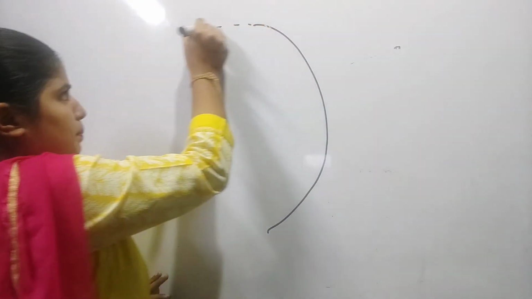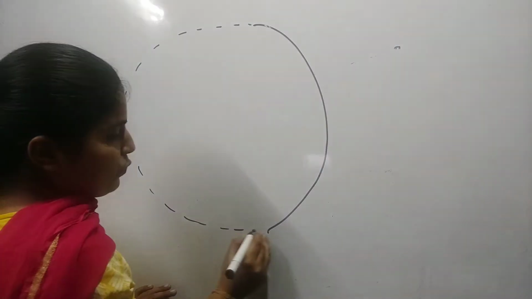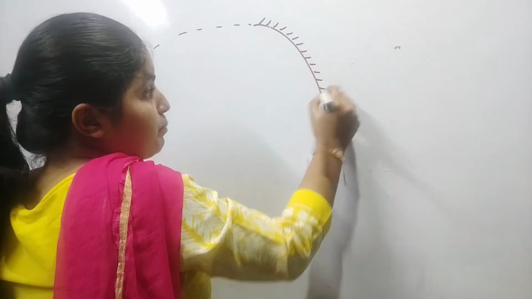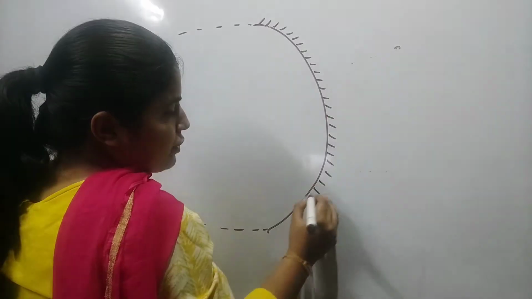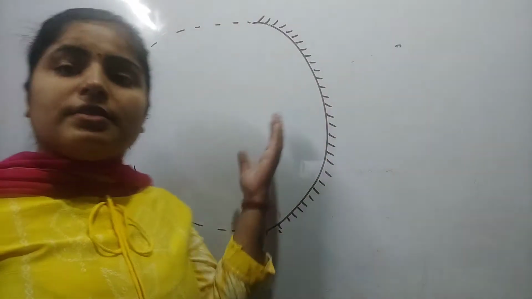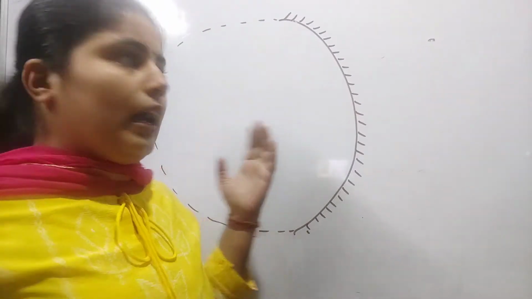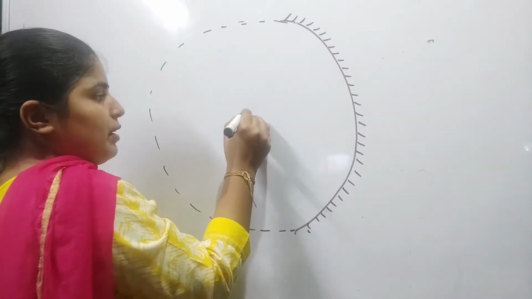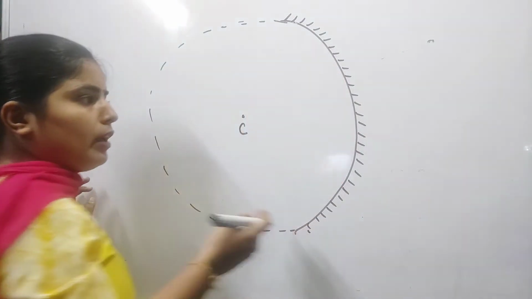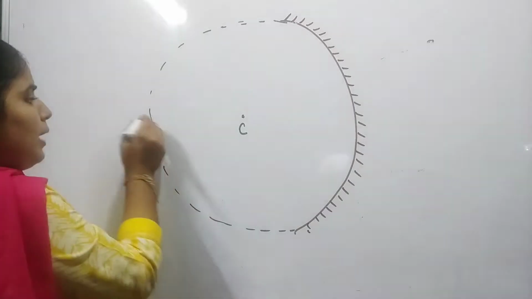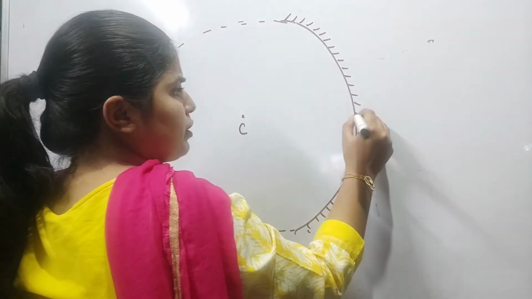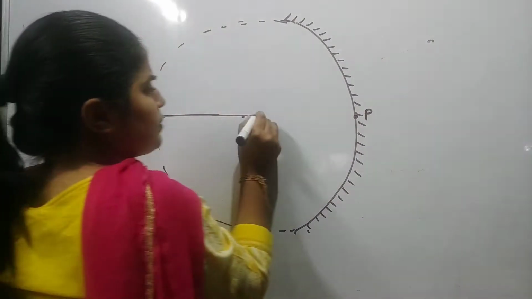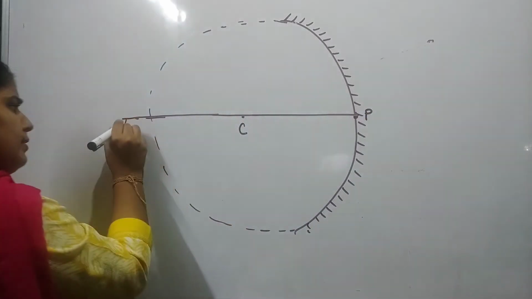A concave mirror is a part of a hollow glass sphere whose outer, bulging surface is polished, and the reflection takes place through the inner surface. The center of the hollow glass sphere is the center of curvature of the concave mirror. The center of the aperture is known as the pole, and the line passing through the pole and the center of curvature is known as the principal axis.